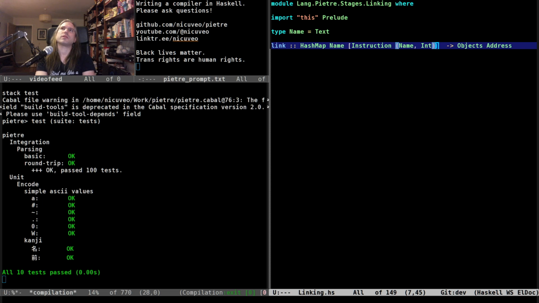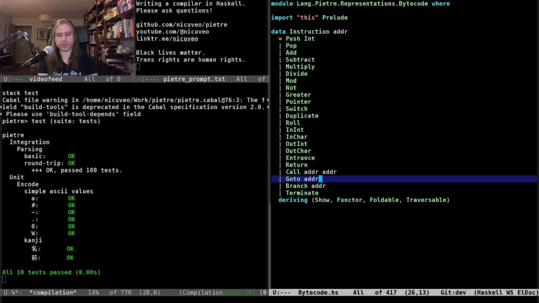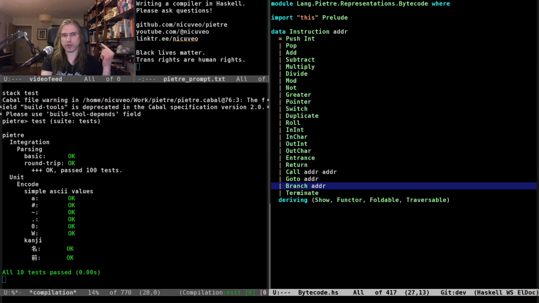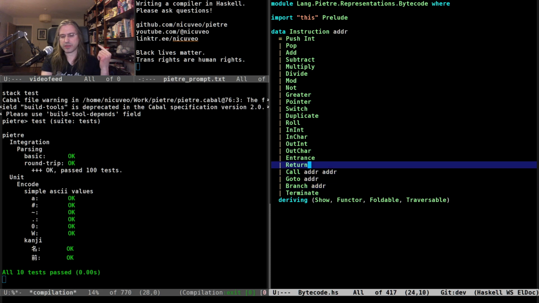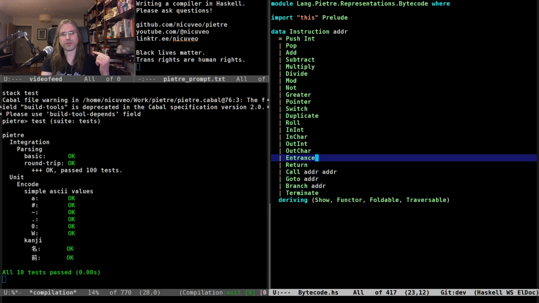Let me think. Do I want the int to be part of this, basically? The question is, do I, ahead of time when I do the assembly, remember how many entry points there are in a given function, or do I do that as part of the linking? I think I'm going to do that as part of the linking, and that means I will have to differentiate between... I think the entrance block needs to have an address as well.